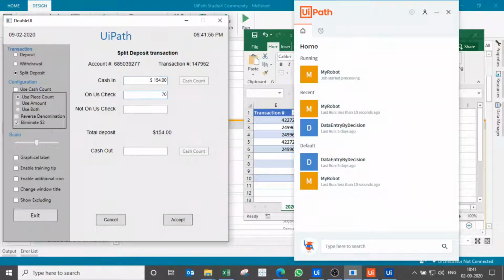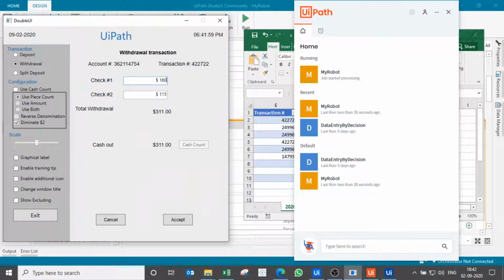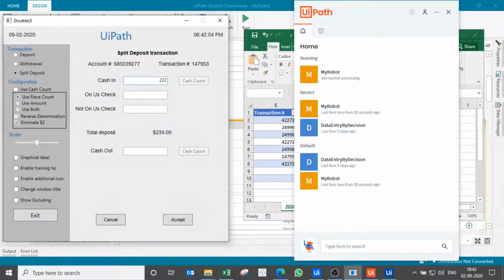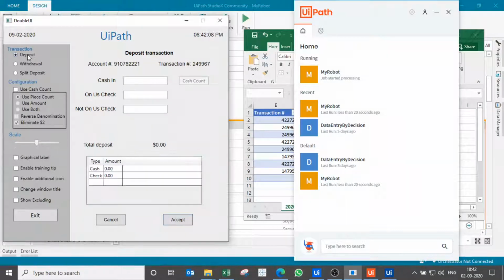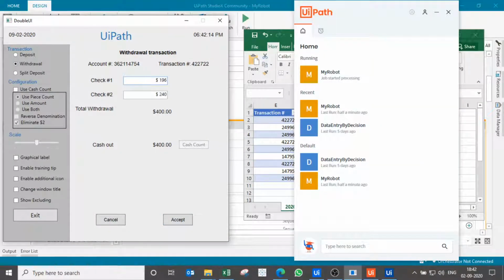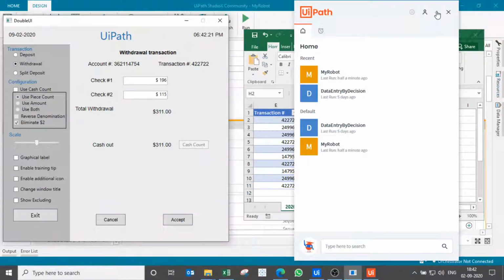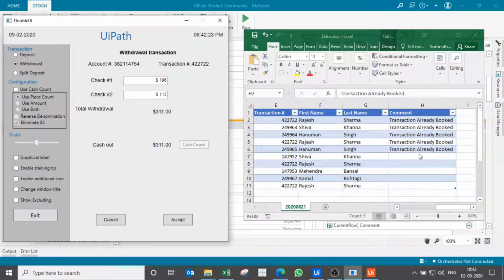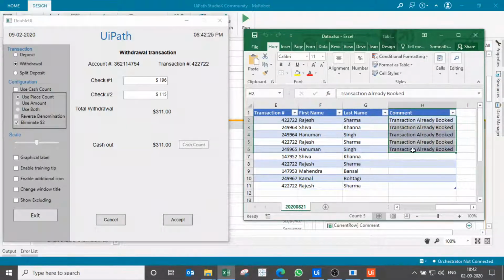Yes, it's doing something now. Now I can see that the transaction IDs are being captured and filled into it. Done. Congratulations, your robot is also running well. You can see here.